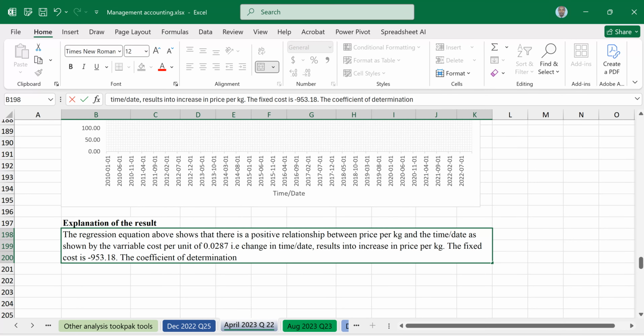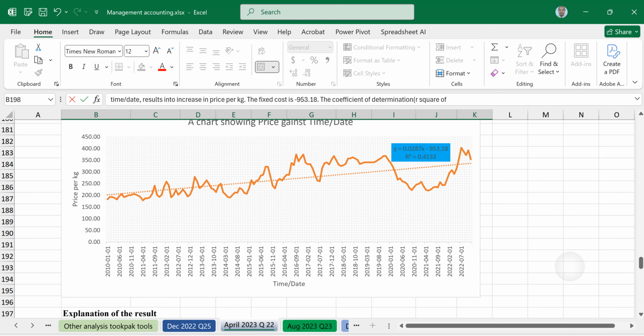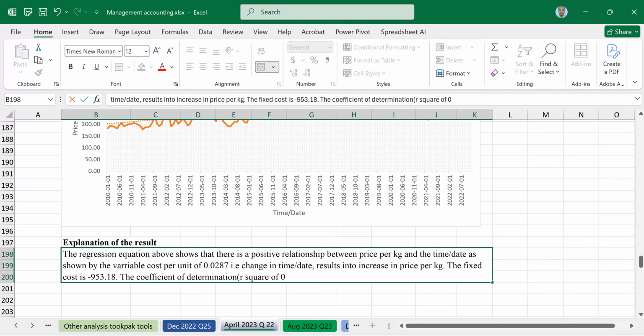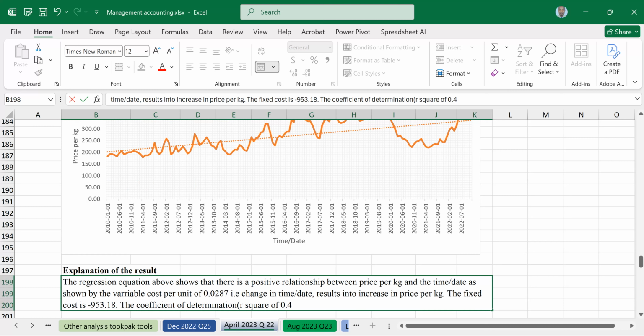The coefficient of determination, R square, of 0.4133 shows that 41.33%